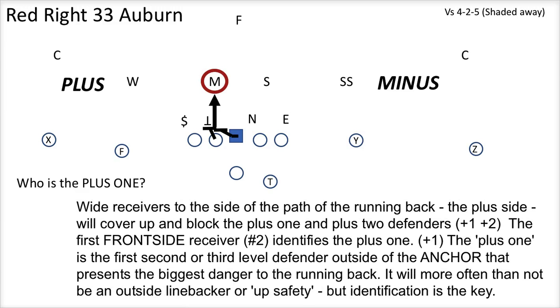Well, who is the +1? Wide receivers to the side of the path of the running back, the plus side, will cover up and block the +1 and +2 defenders. The front side receiver, number 2, identifies the +1. The +1 is the first, second, or third level defender outside of the anchor that presents the biggest danger to the running back. It will more often than not be an outside linebacker or an up safety, but identification is